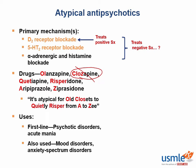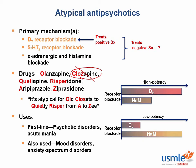Now, those uses don't matter so much for step one, but who can tell me? Why do we love the atypicals so much? Why are we using them for just about everything under the sun? Well, in general, the high-potency antipsychotics are known for their potentially dangerous anti-dopaminergic side effects. The low-potency antipsychotics are known for their irritating and sometimes treatment-limiting anti-HAM side effects, particularly the anticholinergic ones like urinary